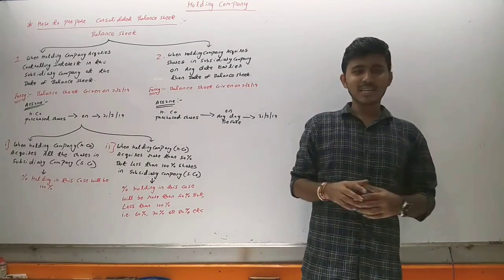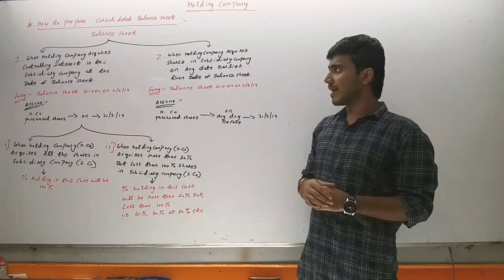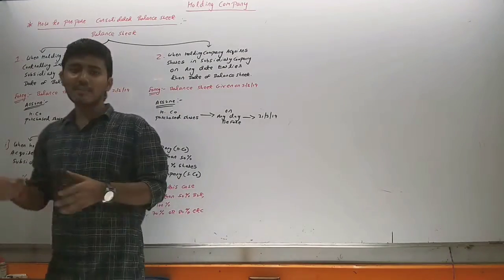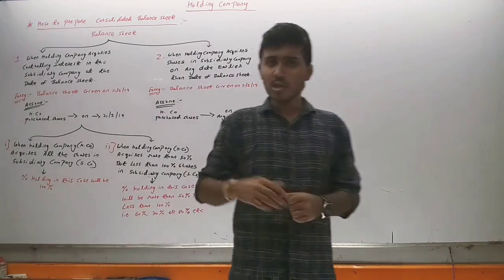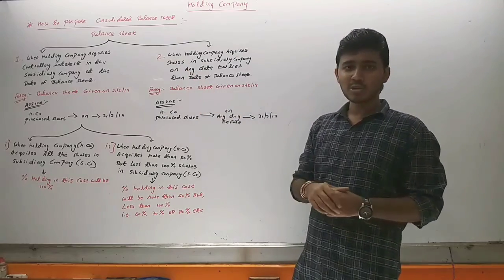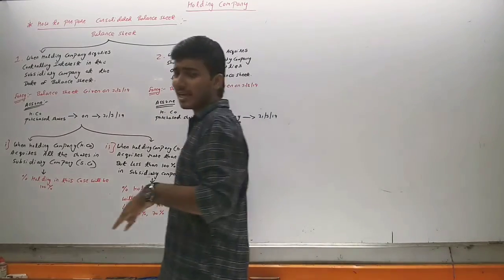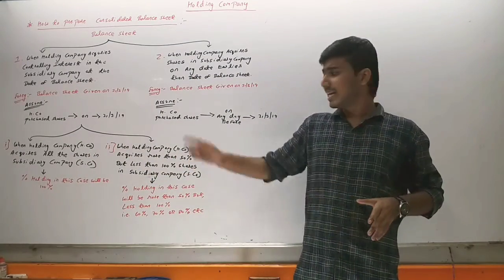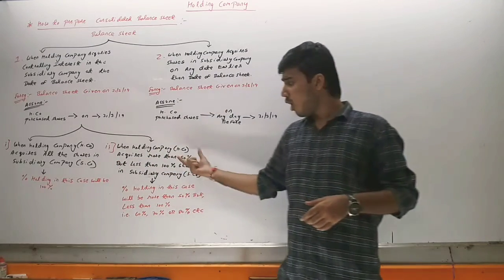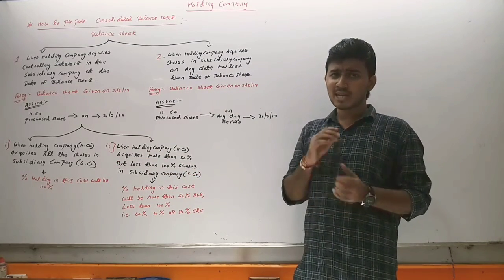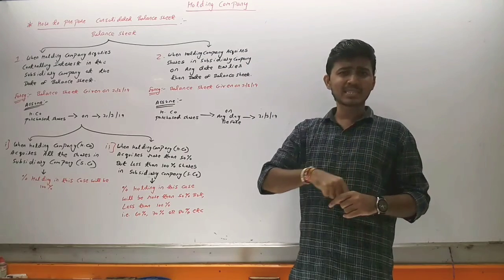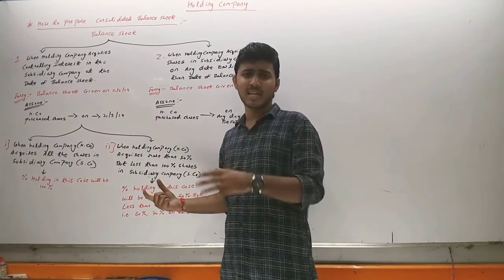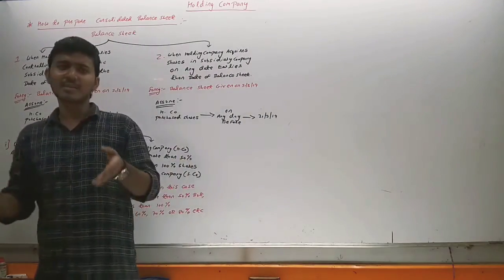So dear students, what we have seen in today's lecture is how to prepare a consolidated balance sheet, and before that we have seen how many types of cases we can see in the question. We have seen the two types: the first case is when the holding company purchases the shares of the subsidiary company at the balance sheet date. In that there are two cases: whether the holding company purchases all the shares of the subsidiary company, in that case percentage holding will be 100%, or the holding company purchases more than 50% and less than 100% of the shares. In that case, percentage holding will be more than 50% but less than 100%. It can be any percentage, whether 55%, 60%, 65%, 70%.